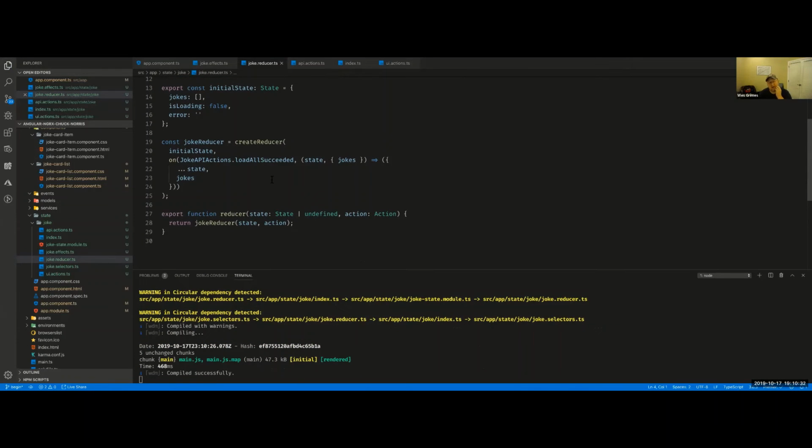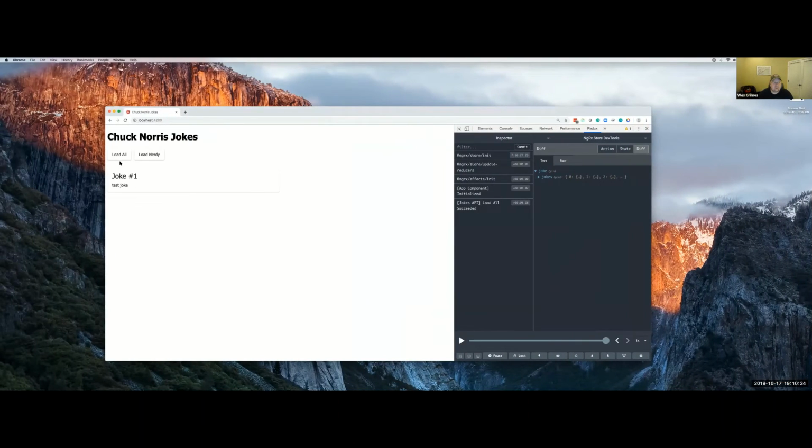Cool. So now we're handling the succeeded. So let's take a look and see. So cool. So now if we look at our state, we notice that our jokes are now there from what was loaded from that succeeded call. So if you click action, that was the action dispatch with our jokes. And now state is not just an empty jokes array. We're going to come back more and add some more reducer handlers, but for now,